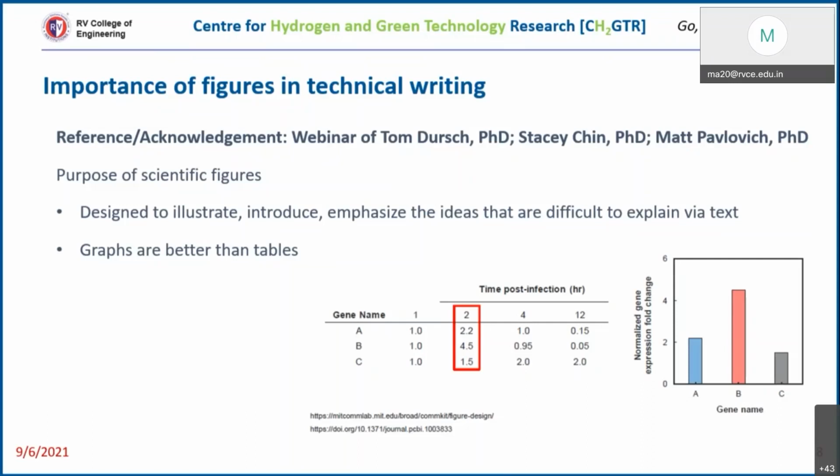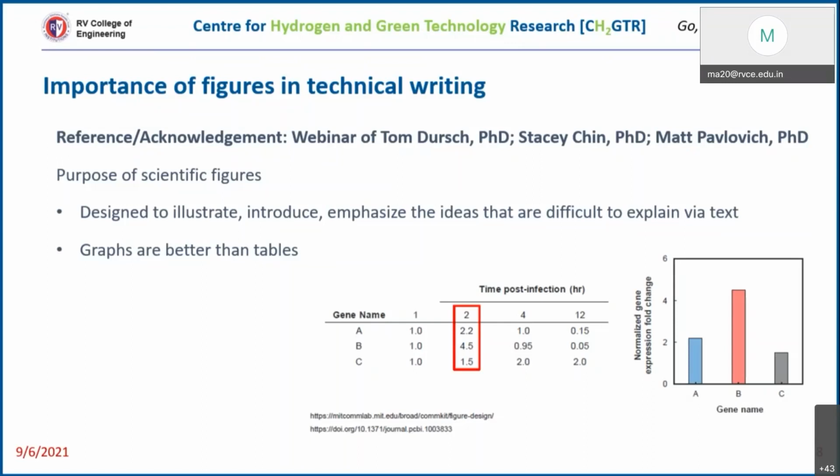However, the same thing, instead of a table, if you try to convey it using a graph, so here a bar graph is used. Okay, so B is better. The moment you look at the picture, you can clearly make out that B is better than A and C. This is just an example, used for the purpose of illustration, and references are also given about where the data is taken from.